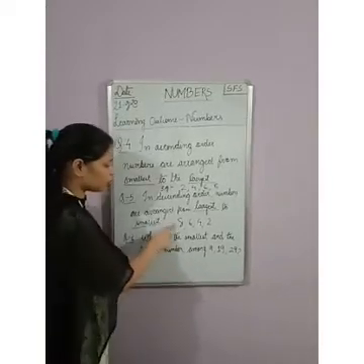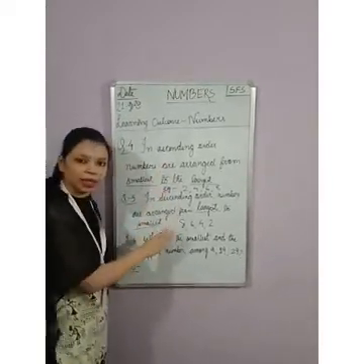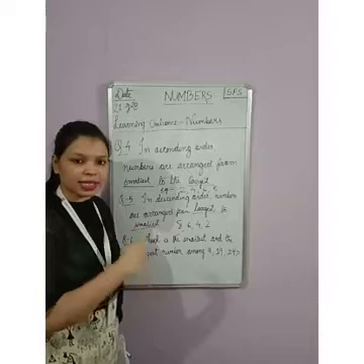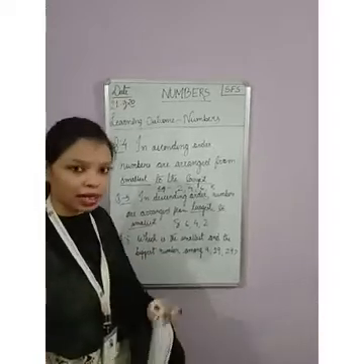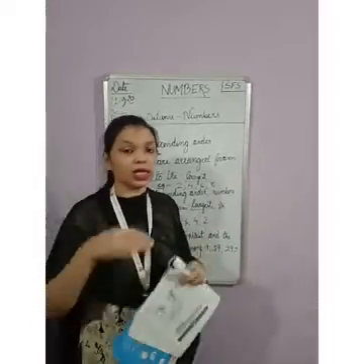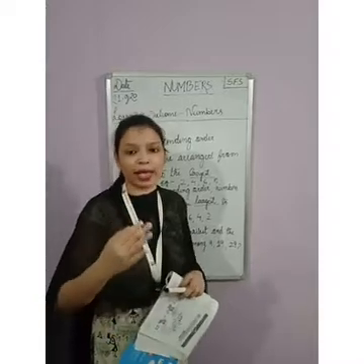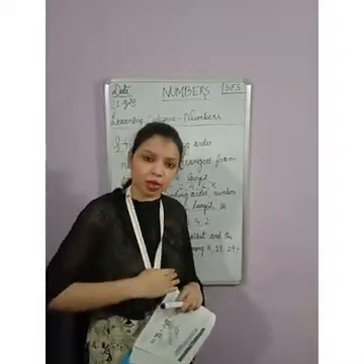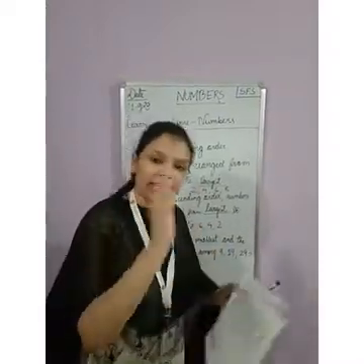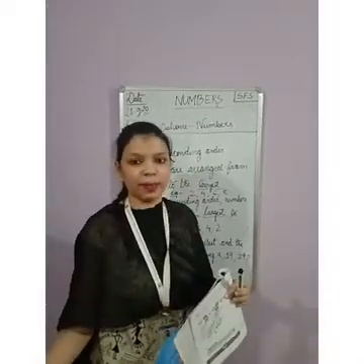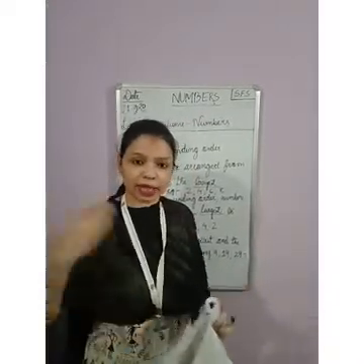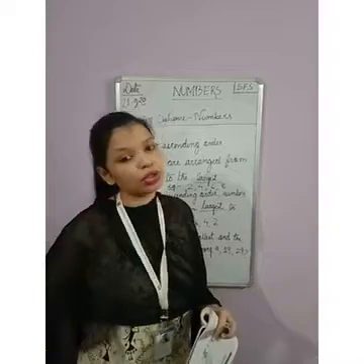Okay, children, no need to write this example. This is a fill in the blanks. I am just giving an example of how it is arranged. A set of numbers is given. So in ascending order, we compare the numbers and we arrange from smaller to bigger. And the exact opposite is what we do in the descending order. That is, we arrange the number from bigger to smaller.